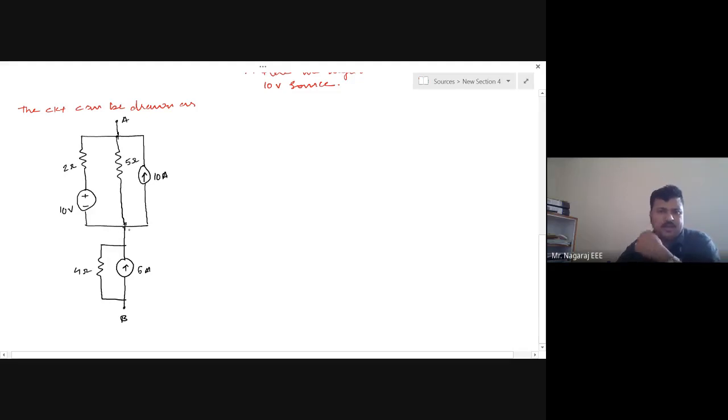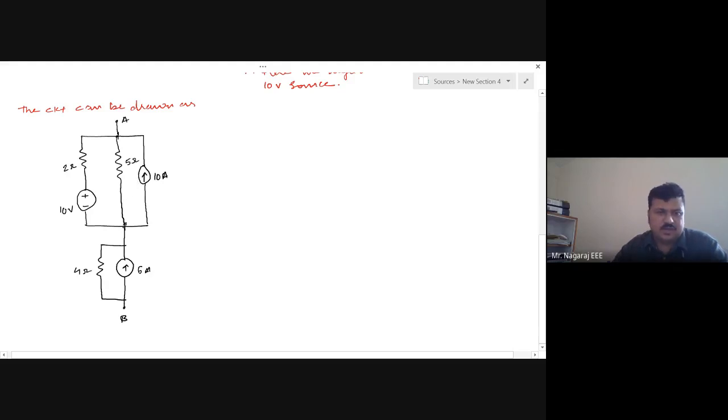Now observe, if I transform 10 ampere 5 ohm into a voltage source, then I get two voltage sources in parallel, which I cannot directly reduce unless I again convert them to current sources and then take the equivalent. So if I convert 10 ampere 5 ohm into a voltage source, again I have to convert that into a current source and convert 10 volt 2 ohms into a current source, take the parallel combination and then convert that into a voltage source, because ultimately I want a voltage source.